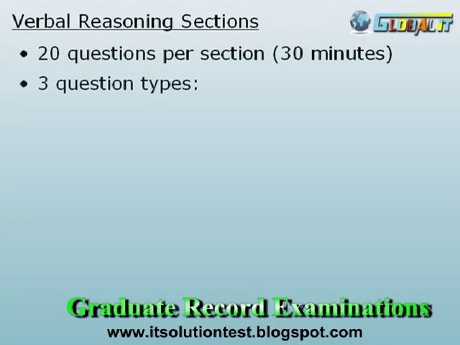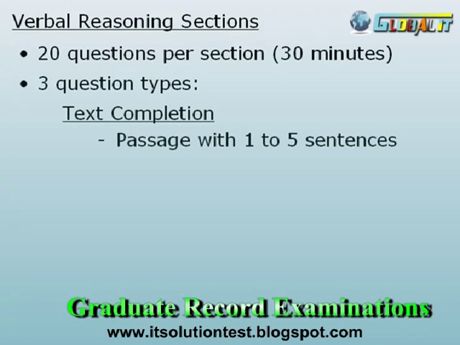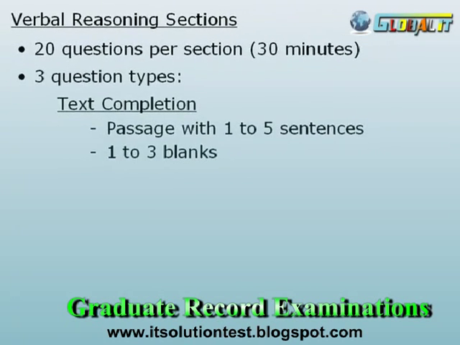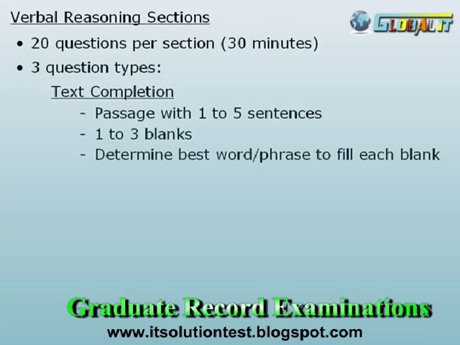The first question type we'll discuss is the text completion question. Here you are presented with a passage consisting of 1 to 5 sentences. The passage will have 1 to 3 blanks where a crucial word or phrase has been omitted. For each blank, you will have 3 to 5 answer choices consisting of words or short phrases. Your task is to use contextual clues to determine which word or phrase best fills each blank to create a